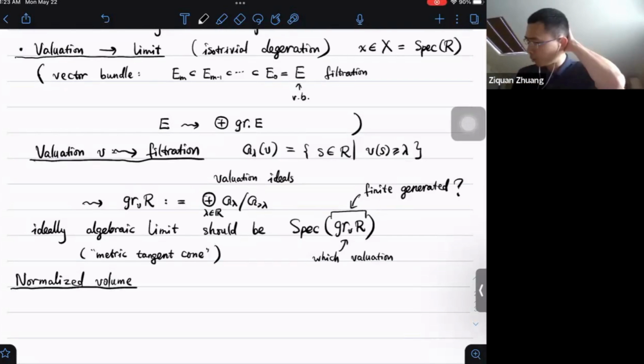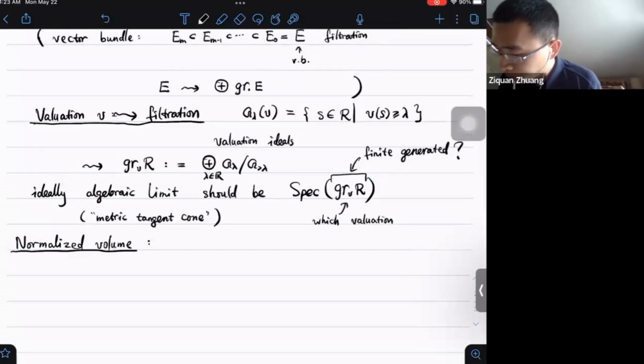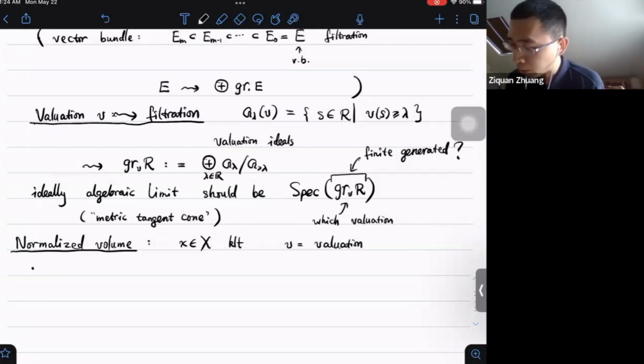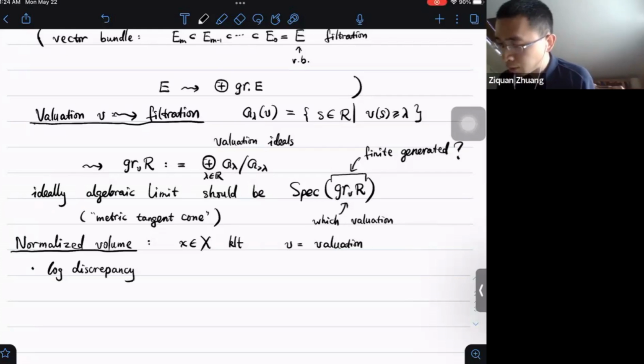So I'll try to be brief about this definition. It combines two more classical invariants in algebraic geometry. If you have a valuation v and a KLT singularity, there are two invariants you can define. The first one is called the log discrepancy, which, if you do it for divisorial valuations,